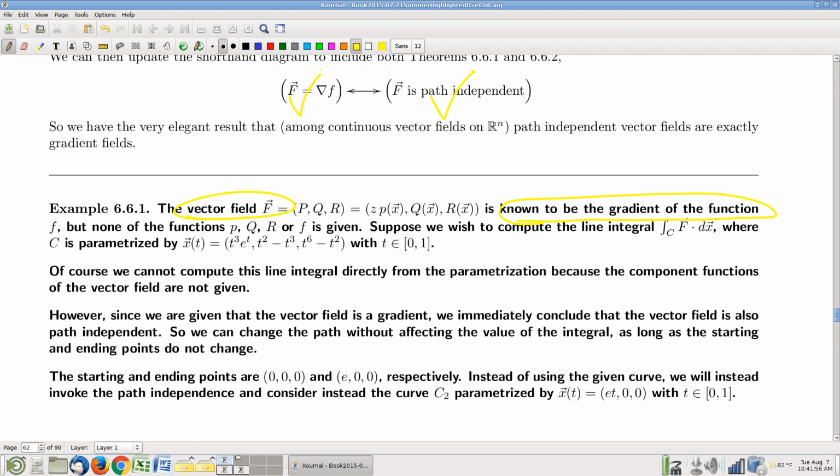this. We've got this great big baseball bat of a theorem, the fundamental theorem of line integrals. Why don't we just use that? Right? Does everybody see the point here? So